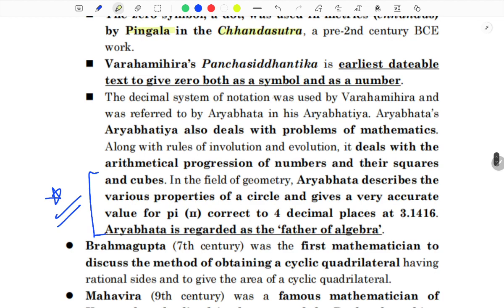The decimal system of notation was used by Varahamihira and was referred to by Aryabhatta in his Aryabhatiya. Aryabhatta's Aryabhatiya also deals with problems of mathematics along with rules of involution and evolution. It deals with the arithmetical progression of numbers and their squares and cubes. In the field of geometry,